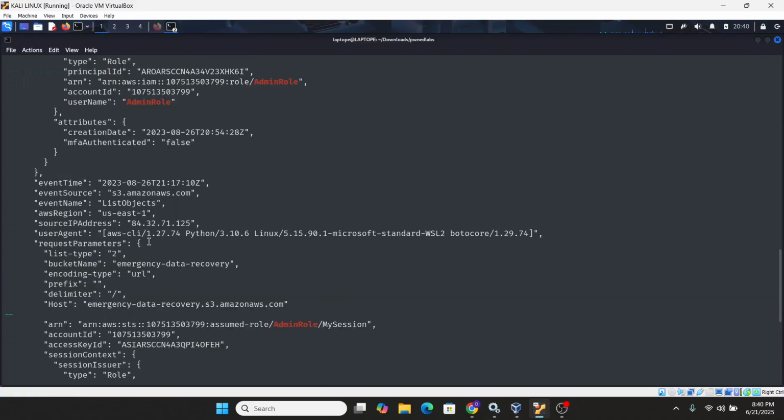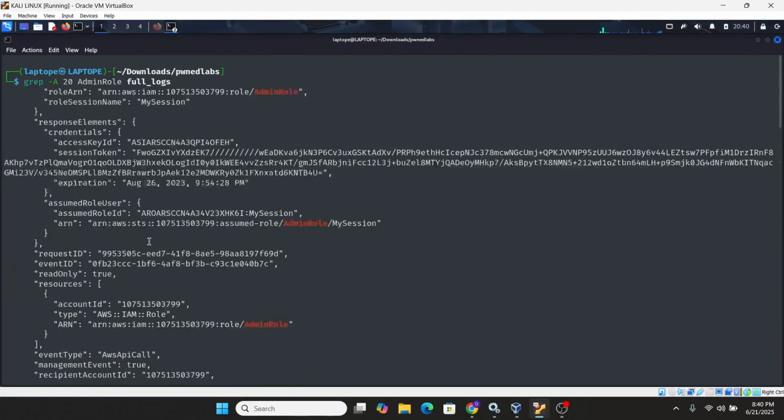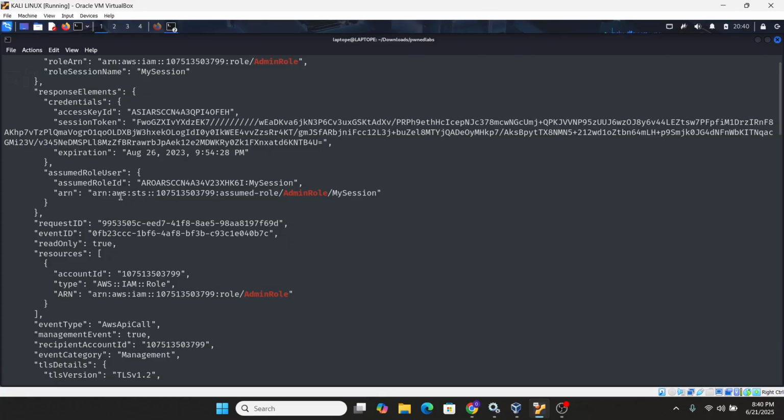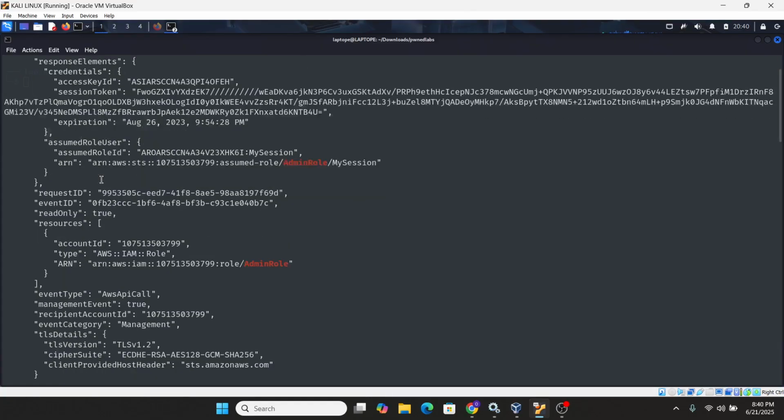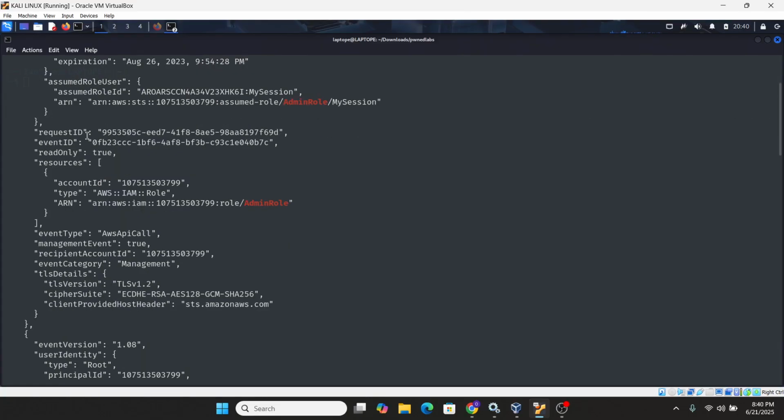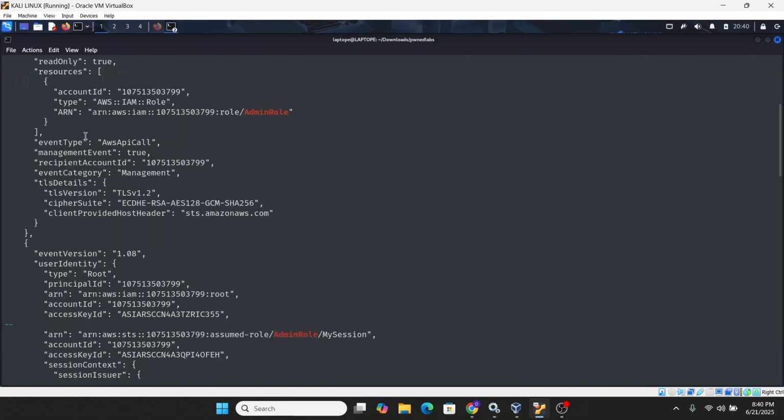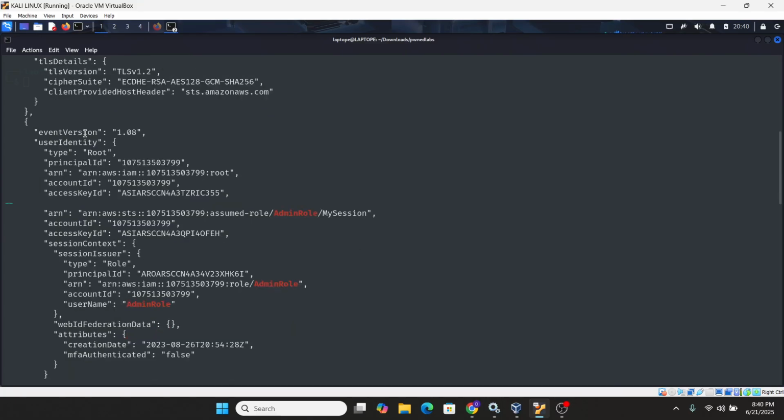You can see here now, let's start from the beginning. You can see after the temp user elevated the privilege to gain this admin role, and after generating the credential, the access key ID and the session token, then the next action that the user performed, let's look into that.